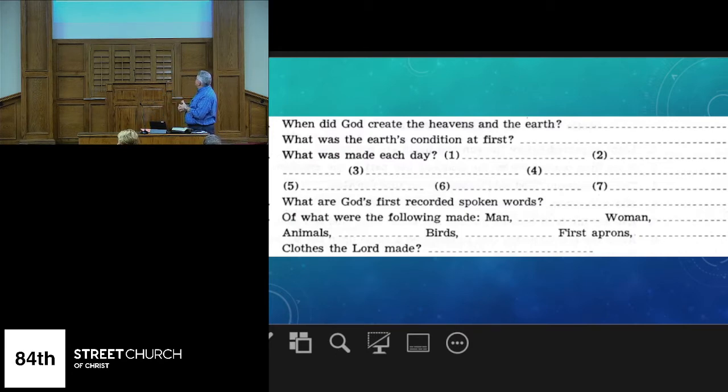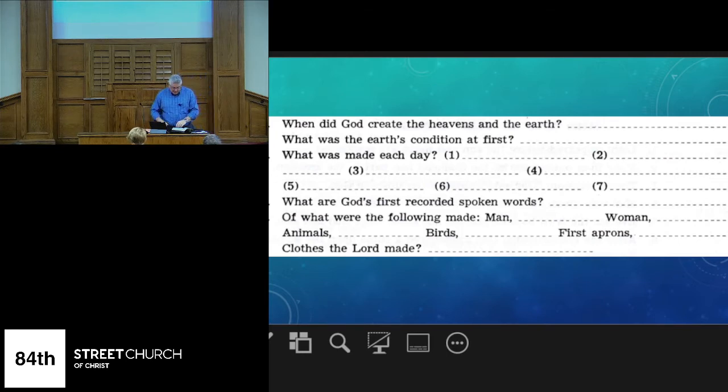Question number 2. Oh, the second part of question number 1. What was the earth's condition on day 1, right? Which would be right after the creation. What were things looking like? Okay. Without form and void. I don't know what that means. I don't think it's necessary that we know what it means. But as we see the creation progress, we see it begin to take shape and be separated from one thing to another thing as we go farther into it.